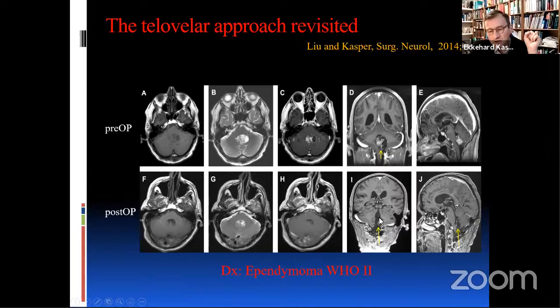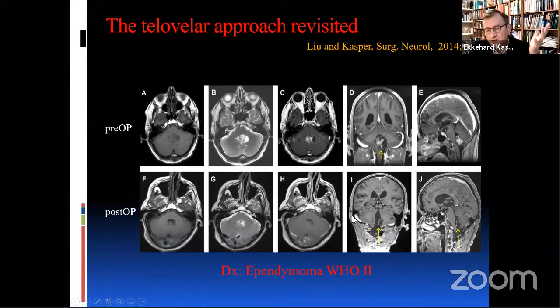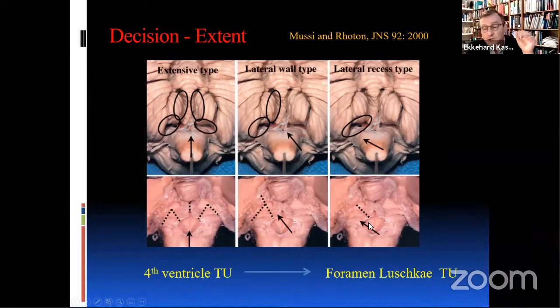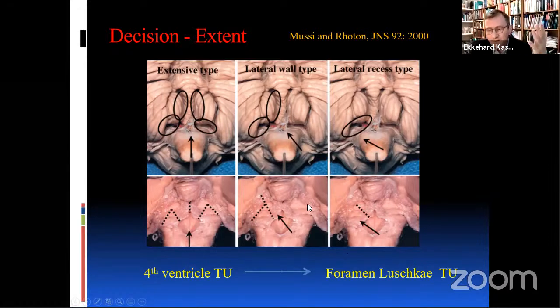We were able to chisel out the PICA that is now hanging in the breeze here, unaffected from the surgery. The patient did exquisitely well and could be discharged 3 days post-surgery. Now, you do have to make a decision during your surgery about the extent of your opening, but that can